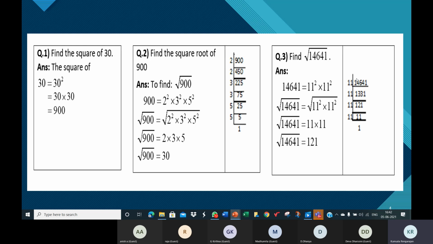Then you should not take 4, children. 4, it's not divisible also because it's not divisible by 2. But you should not take 4. 4 is not a prime number. So 2, 3, then you come to 5. It's not divisible by 5. 6 you should not take. Then we try by 7. For 7, you should actually divide and see. Take the number and divide by 7. It's not divisible, meaning you'll get a remainder. Then 8 you should not take because it's not a prime number. 9 will not happen. 10 you cannot take. Then coming to 11, it will be divisible.